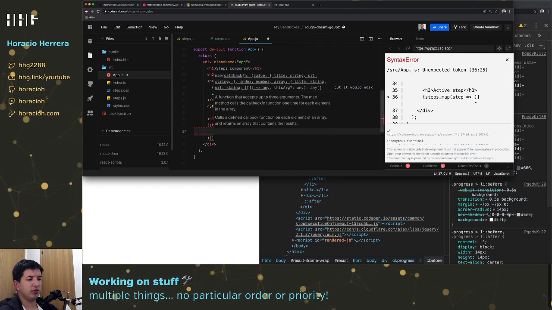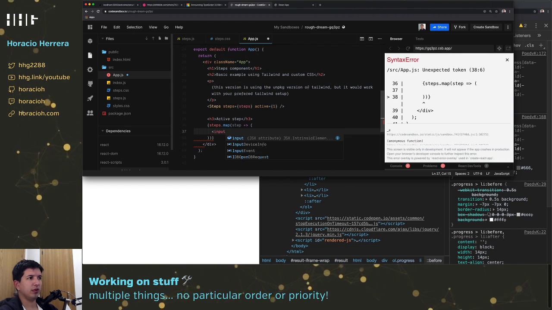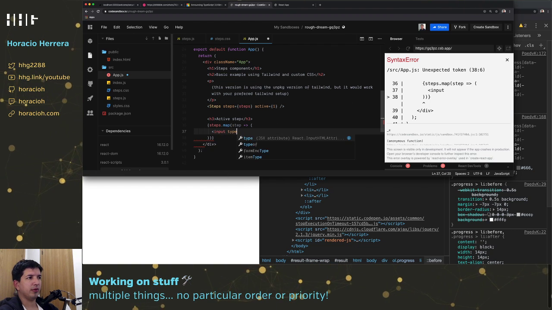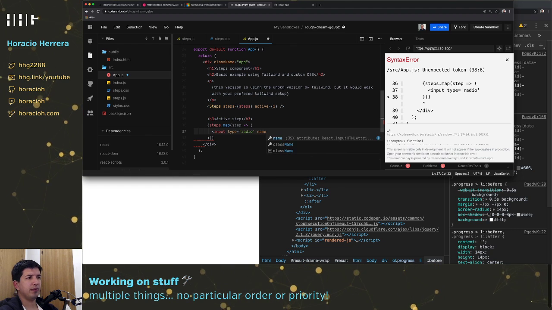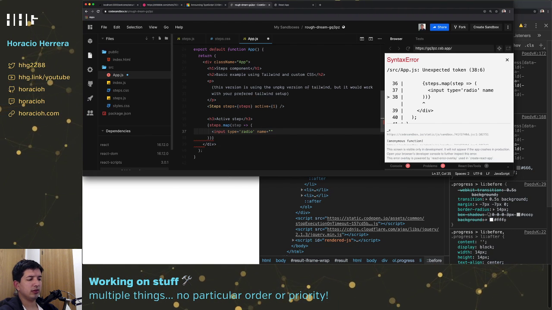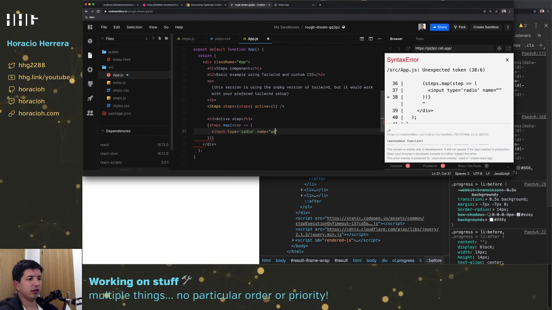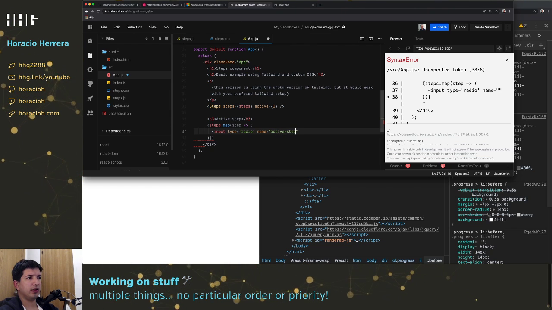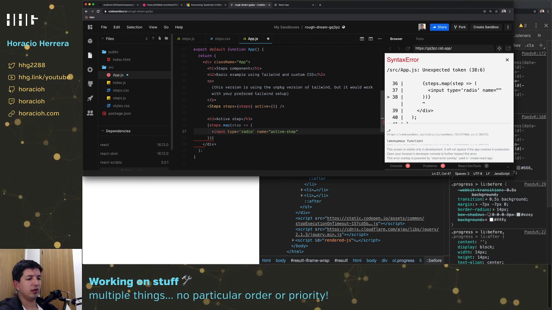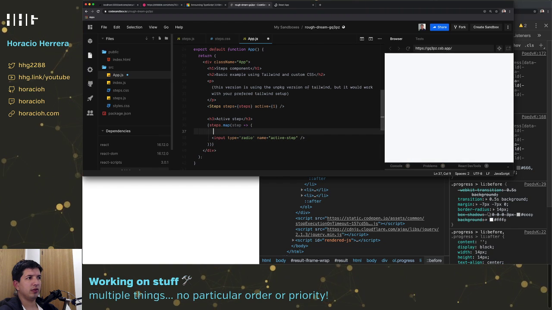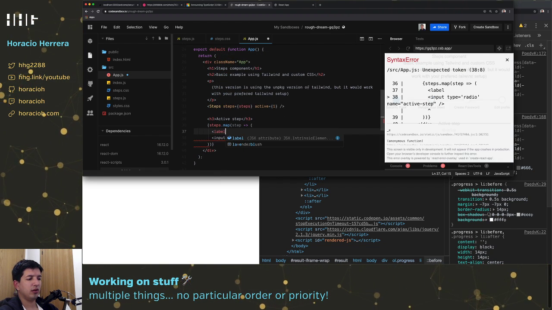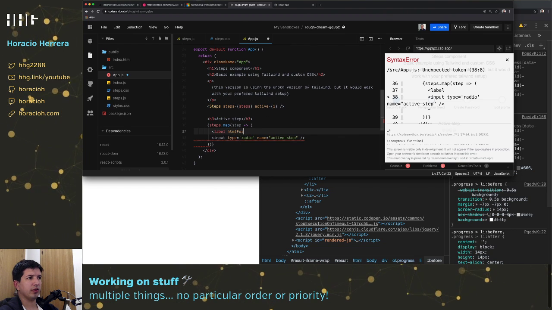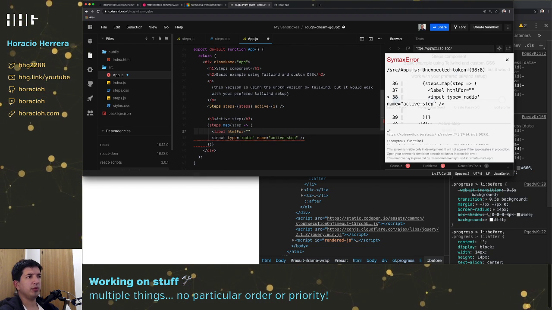So let me just do input type radio, name is active step. So let's do label HTML4. This will be